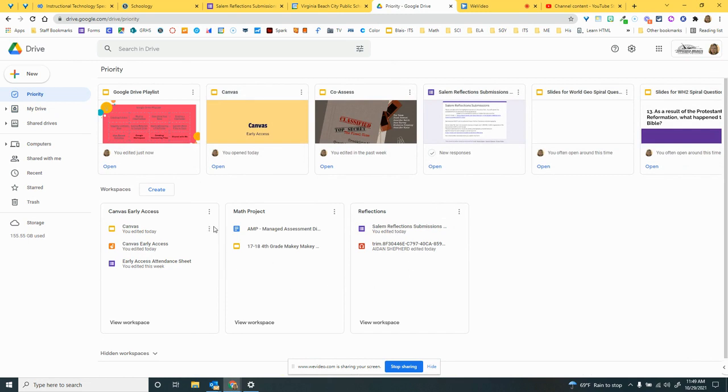Once I'm finished with a project, for example, today is the last day I'm accepting reflections. By the end of next week, I will be able to finish out all of my reflections work. And then I can just come up here to the three dots and remove it from my workspace because I won't be needing it any longer. And that's how to use the new